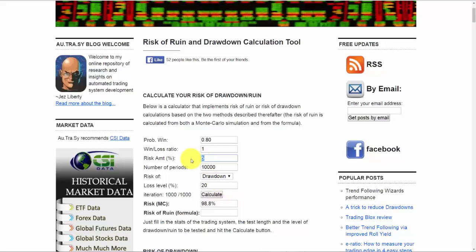Now, I don't know how much this person's risking. I don't know if it's 3% or whatever. I really don't know. But the important thing to keep in mind here is that even with an 80% win rate and a 1-to-1 reward risk ratio, if you start to creep up your risk percentage, your risk per trade, you are going to have bad drawdowns, and that's